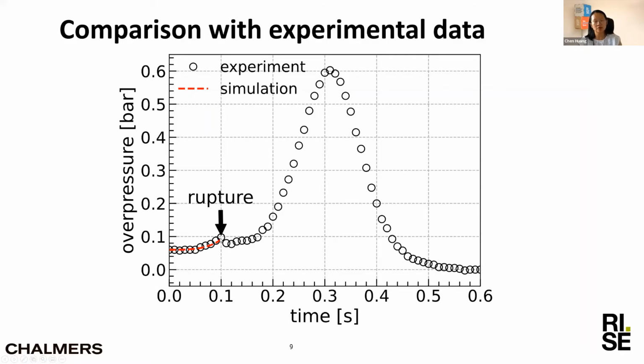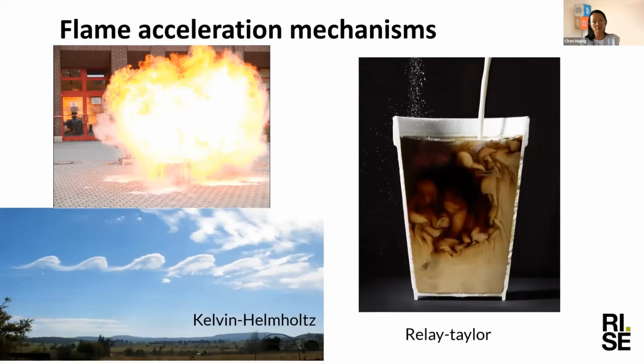And then we continue the simulation with the venting process, and in order to better simulate this process, we have to incorporate some flame acceleration mechanisms. And this is a typical dust flame. It's very wrinkled, and